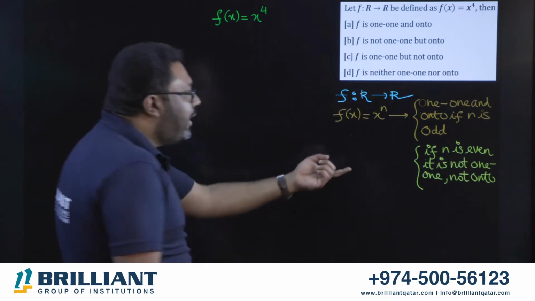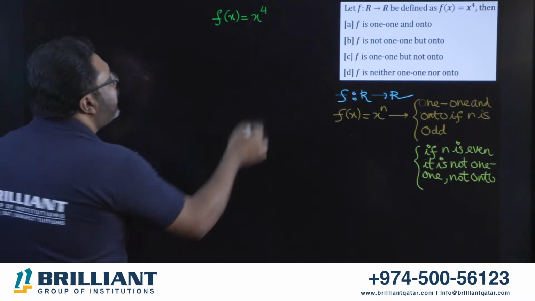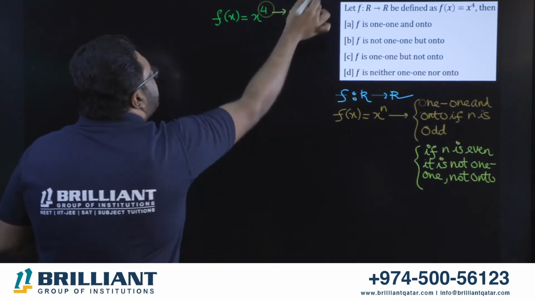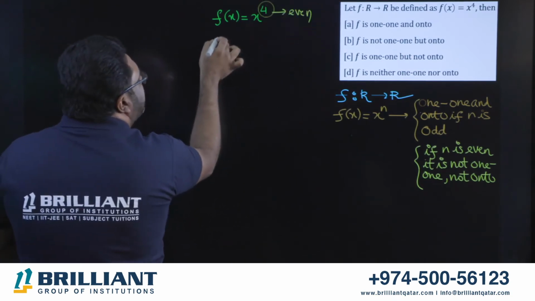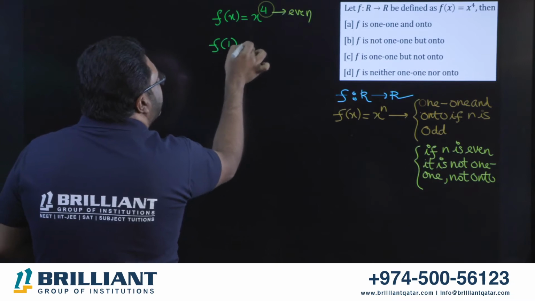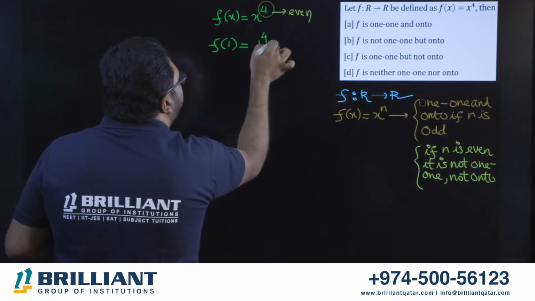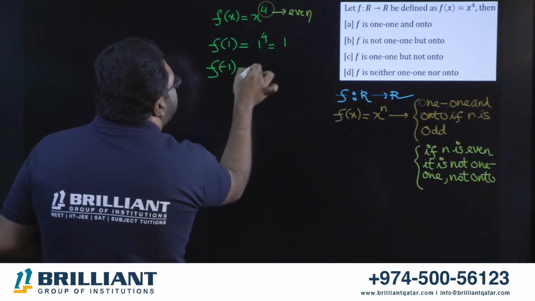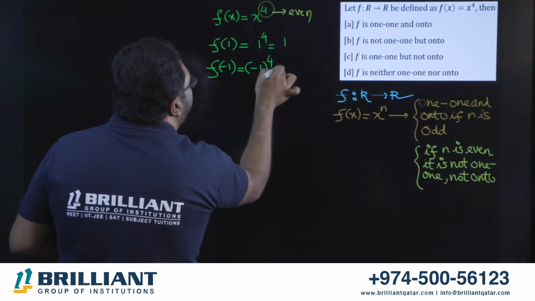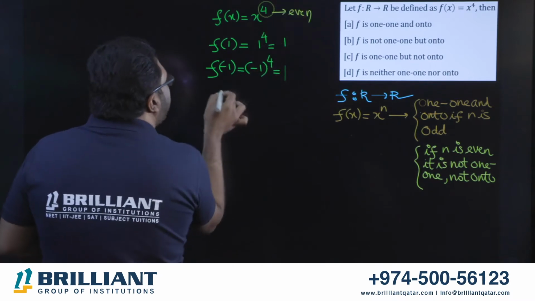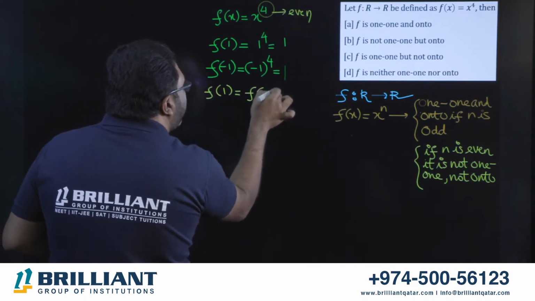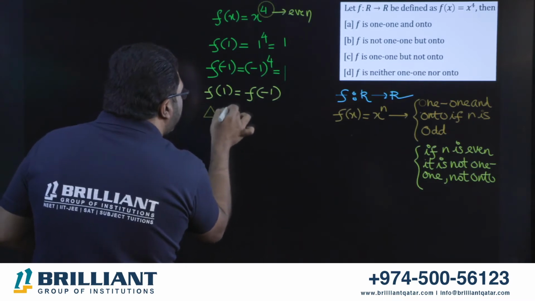Okay, I will explain the reason for that. Here you have it is even, right? I'm going to give you the reason. I will take a value. F of 1 is equal to 1 power 4, which is 1. F of minus 1 is equal to minus 1 power 4, which is also 1. So it is very clear, F of 1 is equal to F of minus 1, but